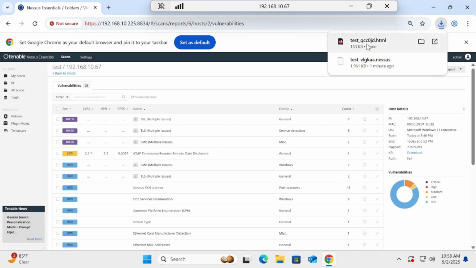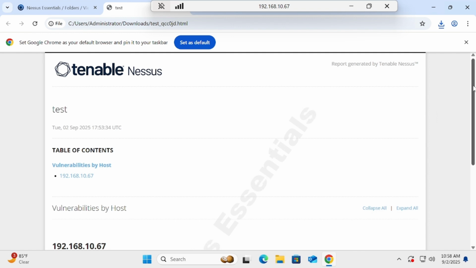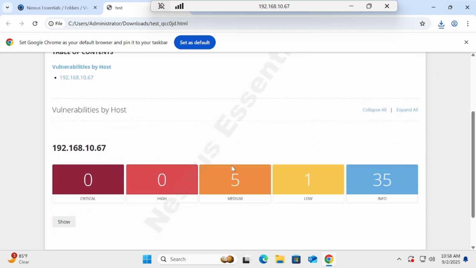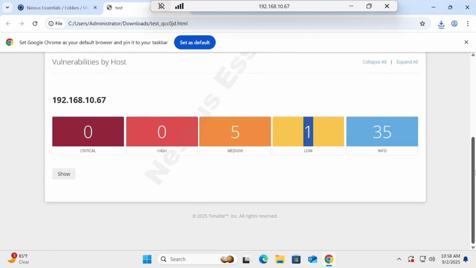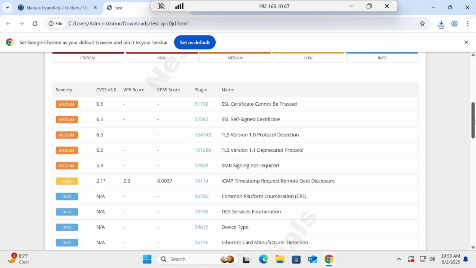Once you generate the report, it will be downloaded. Then double click on it. So you can see that you have a professional report. You have 5 medium level vulnerabilities and 1 low level vulnerability. And if you click on show more, you can see that you have